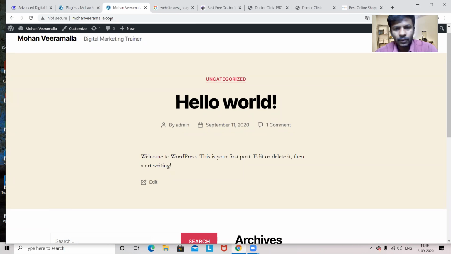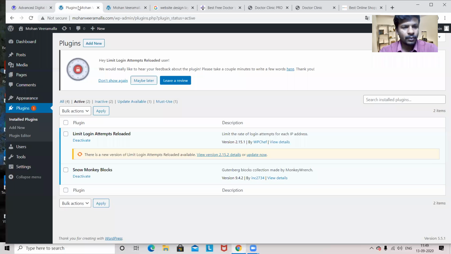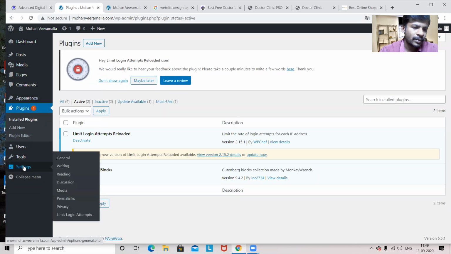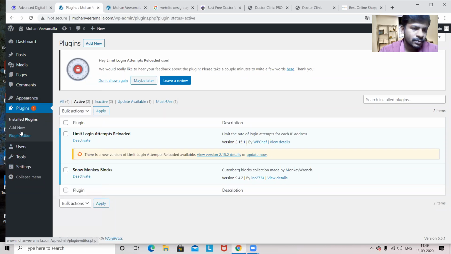Any snowballs? No snowballs. That means some plugins implement directly on the website, and some plugins we have to manage by going there. How to manage? I have to check where the plugin is. Where is the plugin on the left hand side? Appearance, it is not available. Settings, is it available in the settings? No. Tools. I'll refresh this. I can't see that plugin on the left hand side. Whenever you install a plugin, that will show on the left hand side only.